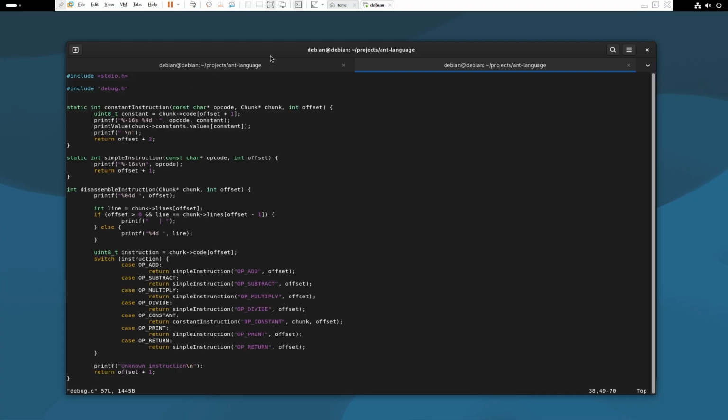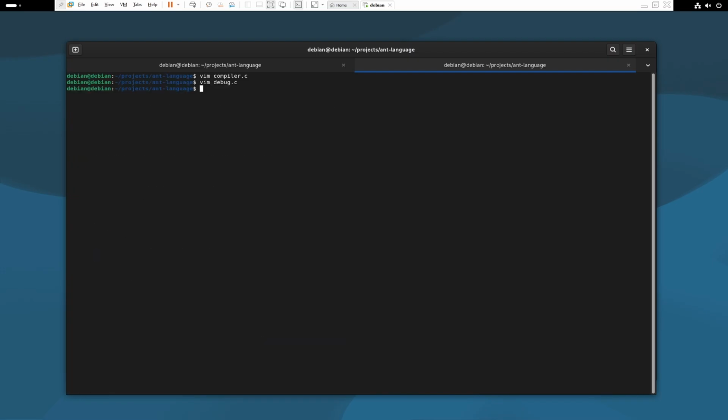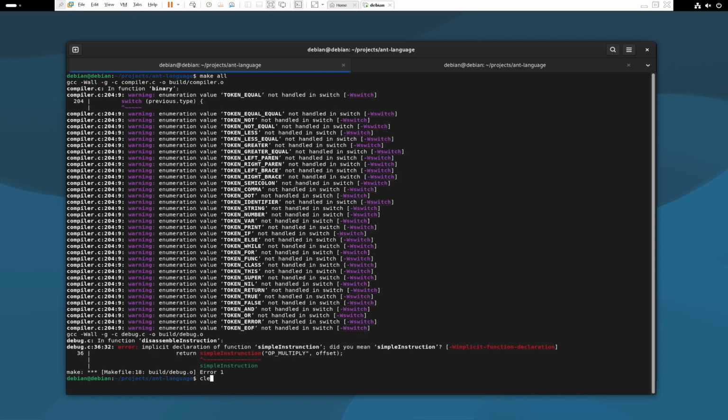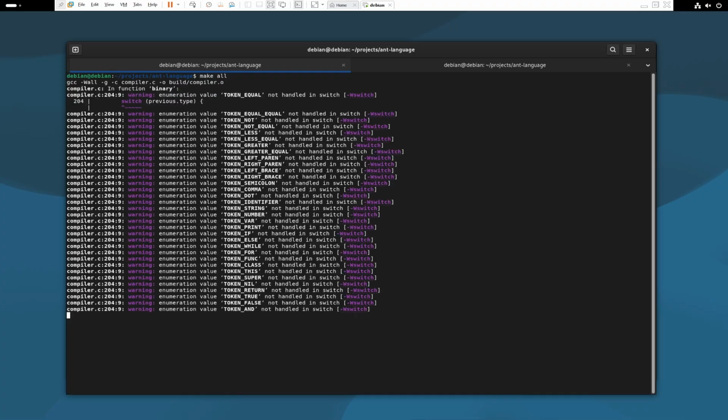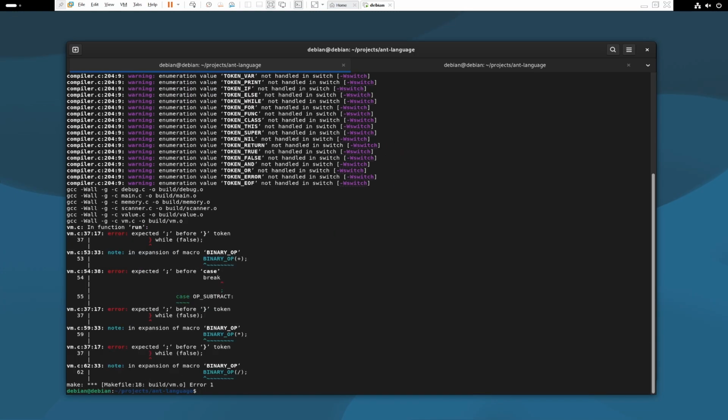debug.c at line 36. So return simple instruction. Okay, let's rebuild the project. Okay, something fun. Okay, misspell this. Okay, let's go to